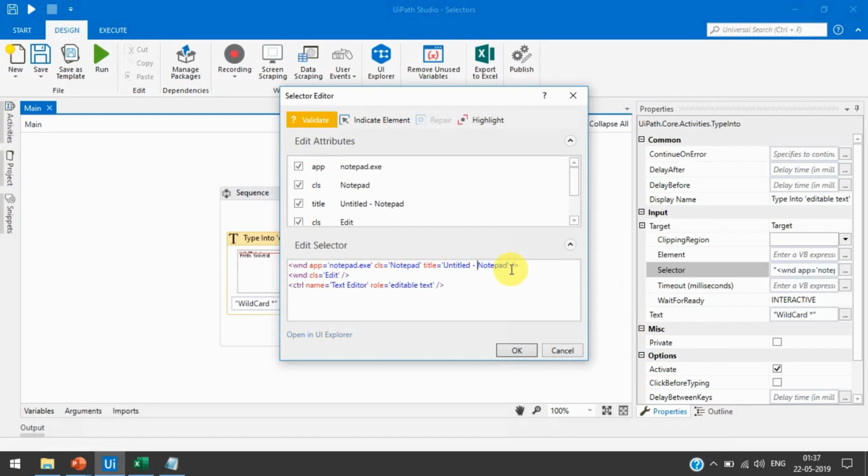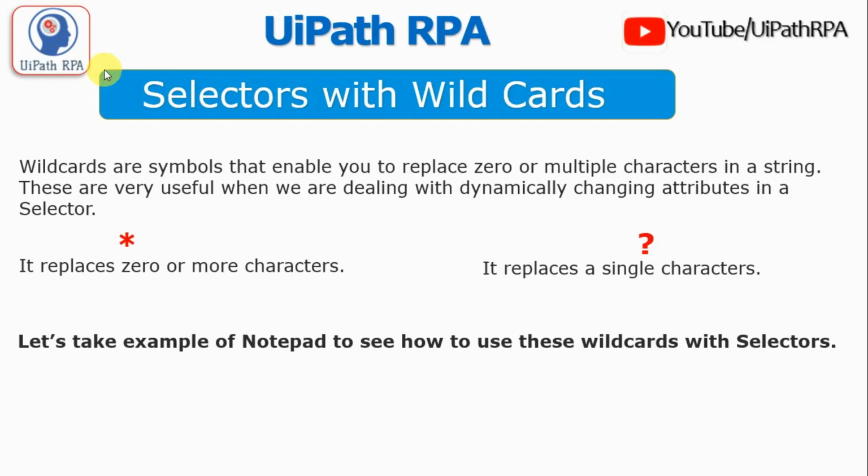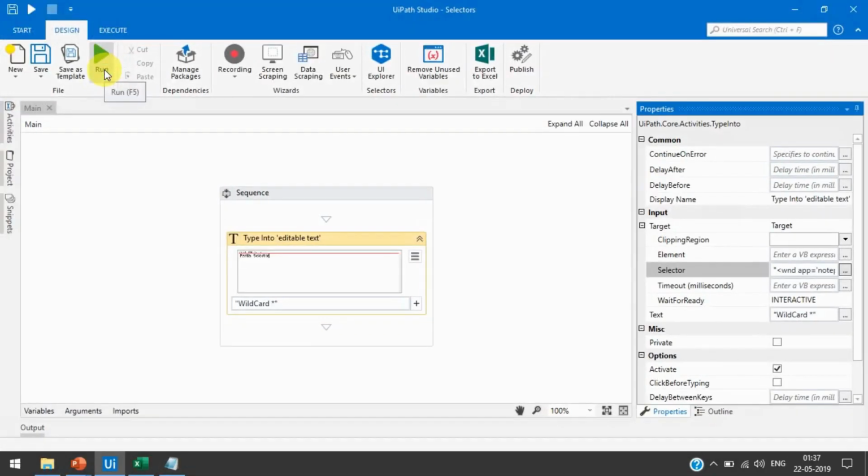I am showing you here. If you are using a question mark here, let's try this. So it's working because a hyphen is also a character, so that's why it's working fine.